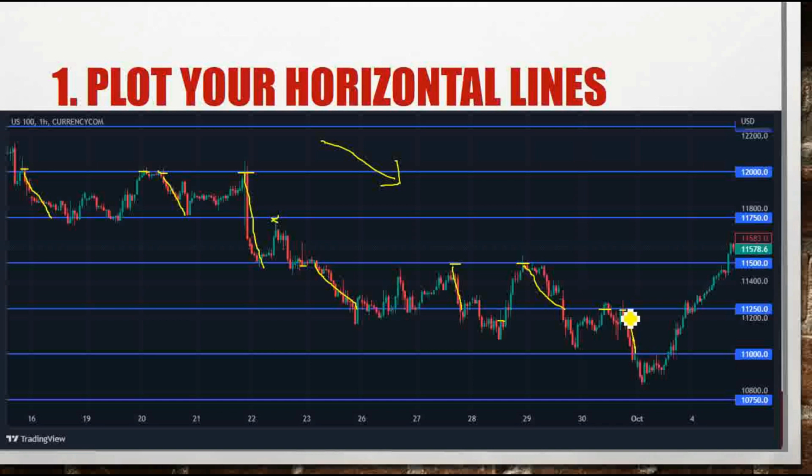But it's not just a single area. You don't have just a single entry, you have two entries, so this is an additional 500 points. So the market broke down again, and then it gave you this rejection. You would have entered right there, however, no, not there, but here at the close. However, you would have lost this trade, or you wouldn't have even gotten in the first place, because now